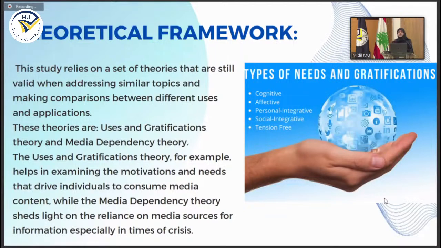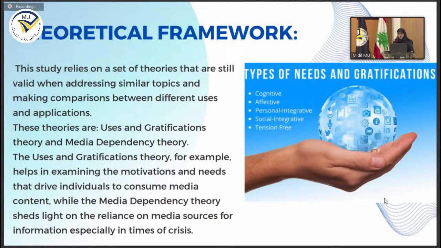Now I'll move to the theoretical framework. This study relies on a set of theories that are still valid when addressing similar topics and making comparisons between different uses and applications. These theories are uses and gratification theory, media dependency theory, and cultivation theory. For example, the uses and gratification theory helps in examining the motivations and needs that drive individuals to consume certain media content, while the media dependency theory sheds light on the reliance on media sources for information, especially